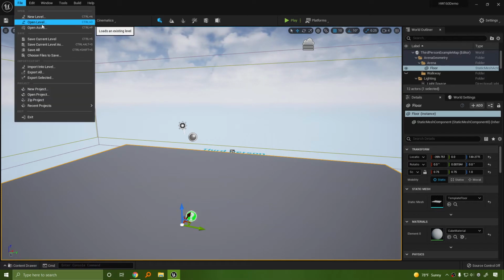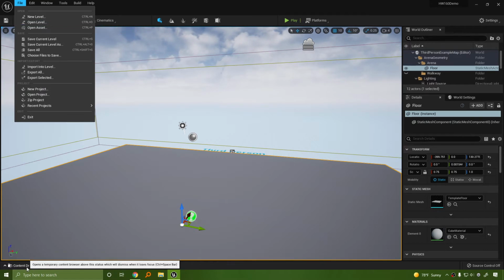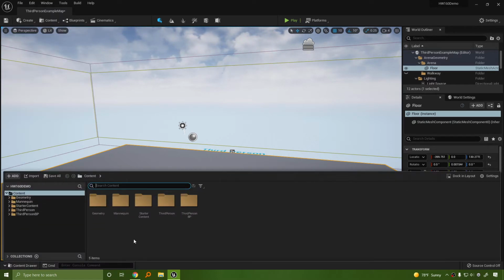A level is a file that can be saved in the project. Your Unreal project is all of the packages, all of the files, all the assets, all the textures, all the images, everything that goes into the engine stored in one location. For example, if I open up the content drawer,